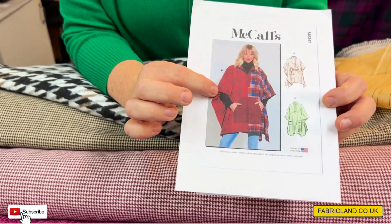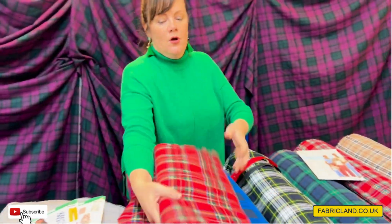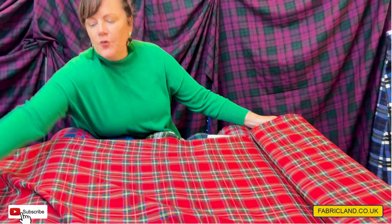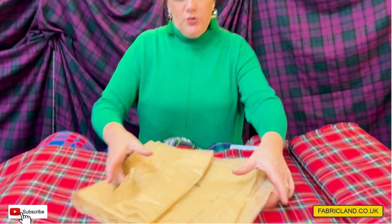I'm going to explain a bit more about using tartan, because I think lots of people get confused with it. So what I've done is, if we unroll the tartan, and I know this sounds awful, the difference between seeing something on the high street that has been made well and something that hasn't is whether the checks are matched up. And it's easy to match your checks. So if you've got your skirt pattern,